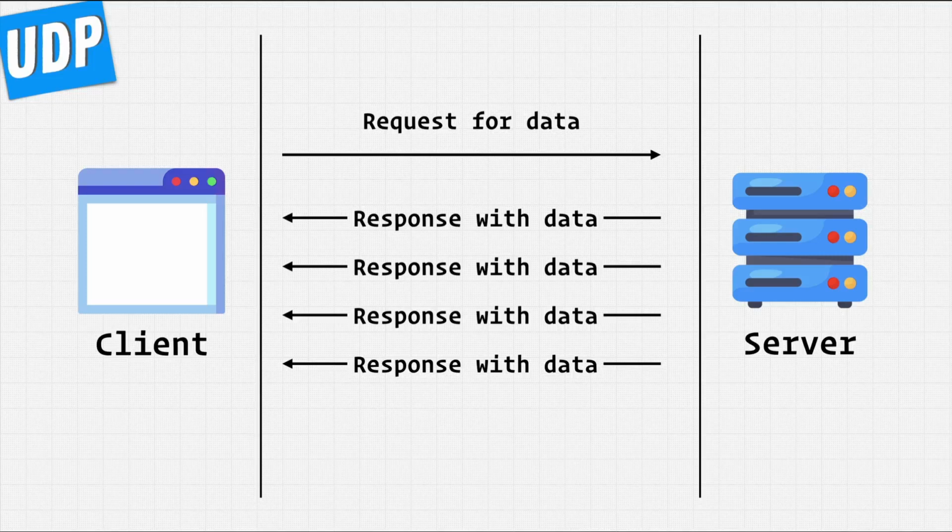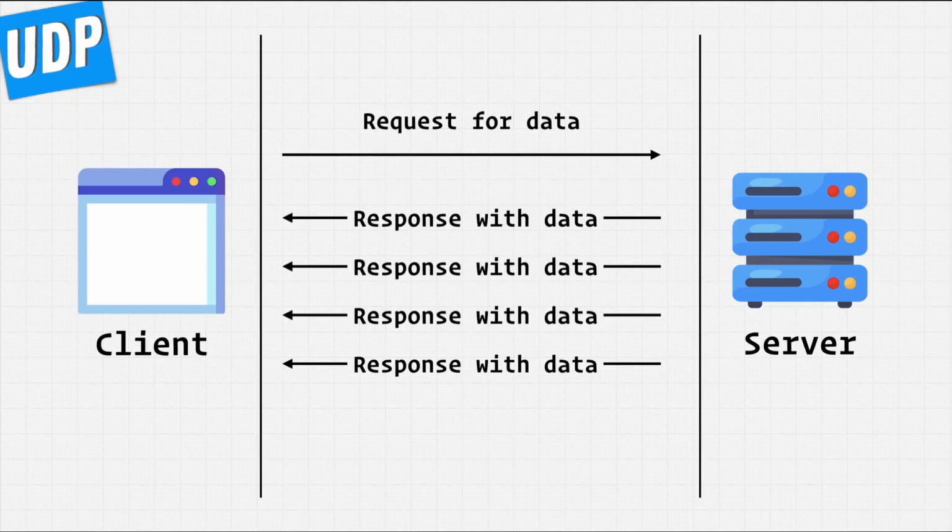Now here, that's pretty much the main difference between TCP and UDP as far as the use case goes. Generally speaking, you're going to use both sometimes depending on the needs of what you're building, but the majority of the time, you're pretty much just going to use TCP unless you're trying to build some live streaming service, then you're going to use UDP. And even then, it might vary depending on the use case. Again, it's context driven, but that's pretty much TCP versus UDP. These are two of the main protocols used in the internet.